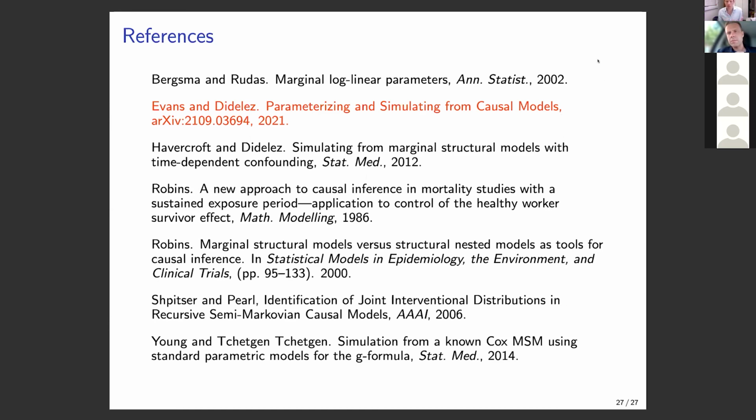If you go to that GitHub repository, there is a package which will do this. It's a bit limited at the moment, but you're right, it should be relatively straightforward to extend it to other kinds of models. The main thing we've got is a method of simulating from copulas, and then you just transform the margins at the moment. I'm hoping to add in the discrete stuff. At the moment it's a bit of a mess, so I don't want to publish it. But yes, you're right. It should be quite straightforward to apply it to other things.